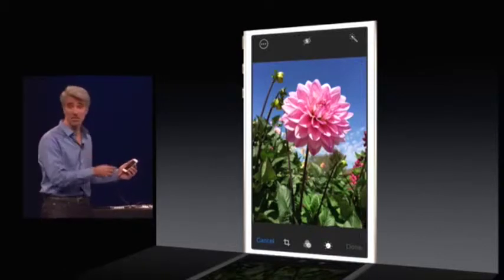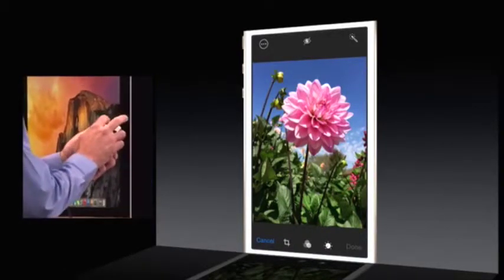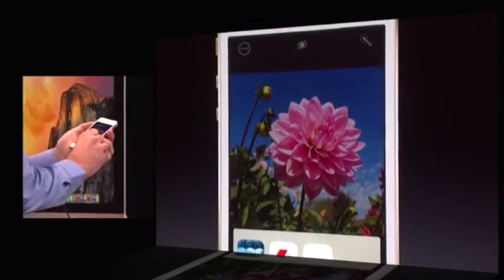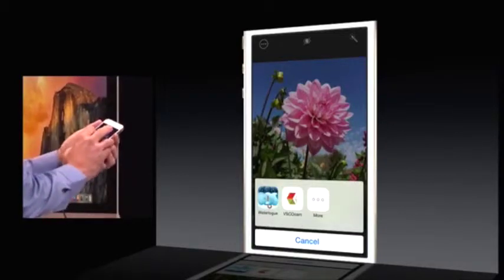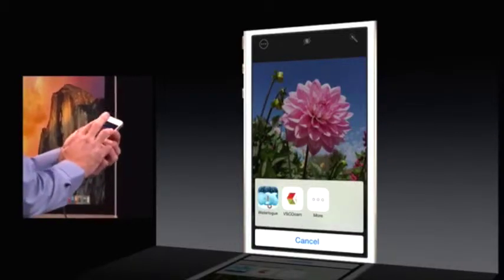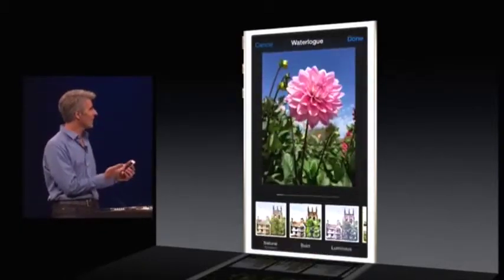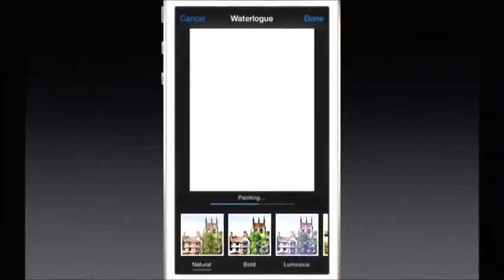And you notice in addition to the options here at the bottom of the screen, we have at the top left this extensions button. I'm going to tap that. And you notice I have several extensions available, one from ViscoCam and one from Waterlog. So I'm going to select Waterlog. And now the Waterlog extension is able to run right here in the context of Photos to manipulate my photo, bringing up their own UI,